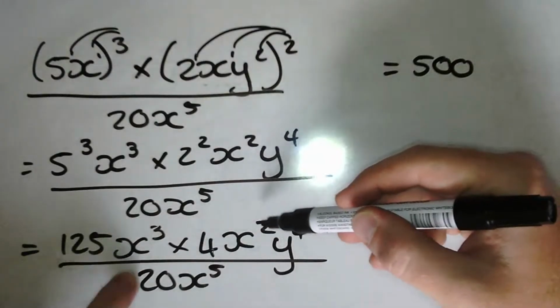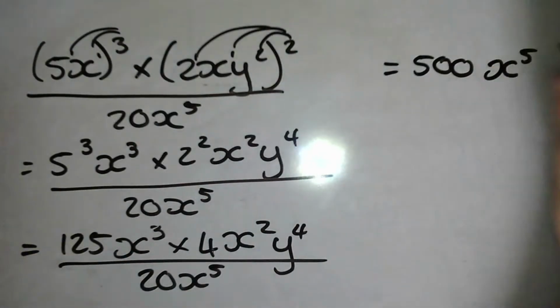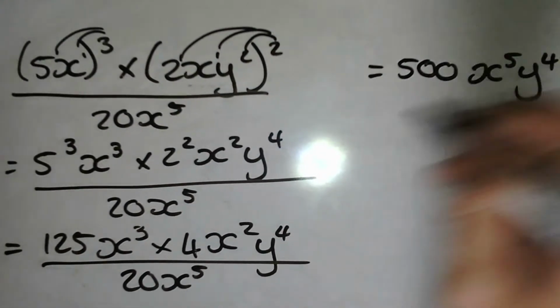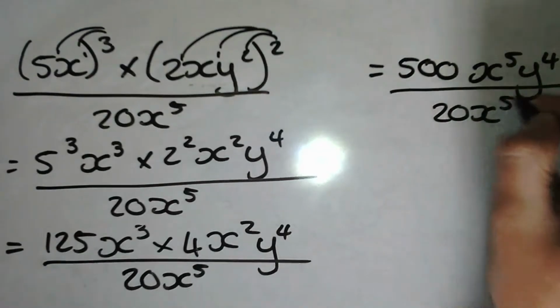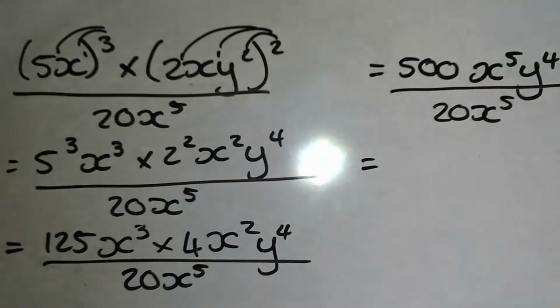X and x, which has 3 and 2, would be x to the power of 5 there. And then you'll have y to the power of 4. Just move the board over a bit. Then at the bottom, you'll have 20 x to the power of 5. And what you will need to do then is to simplify